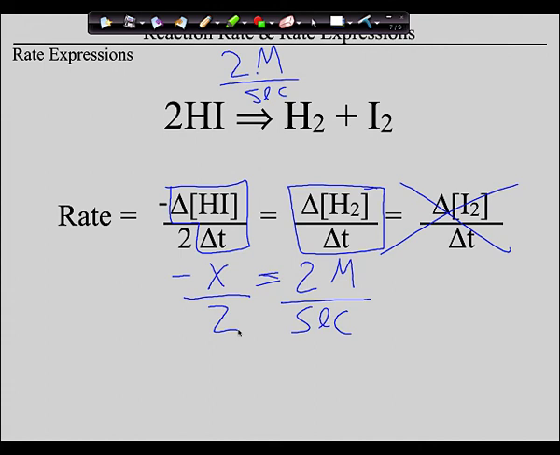So now how do we solve this for X? Cross multiply. That gives us 4 molarity per second is equal to negative X. So if we move the negative over, that would be the rate of change for the concentration of HI. It would be negative 4 molarity per second. Again, the idea is that this is actually your rate expression, or the thing that represents rate, and then these two things are the things that actually set them equal. You got the idea? Okay. So with that said,